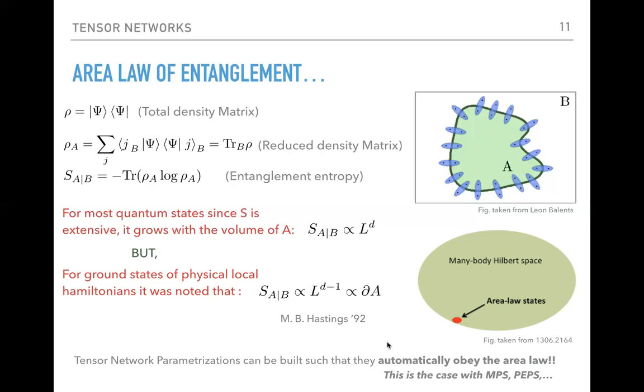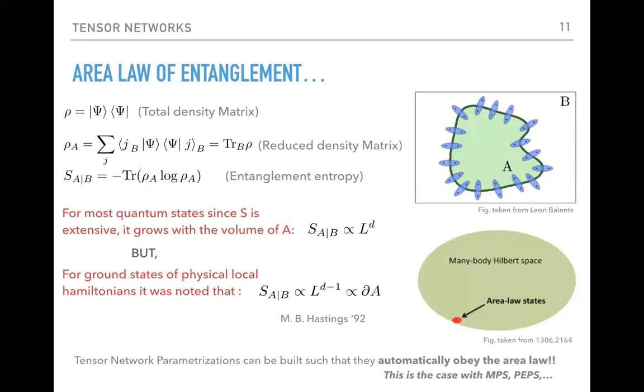If you did a calculation estimating how long it would take to reach every state in the Hilbert space, you would see that if you start with a very low entangled state, it would take an exponential amount of time to visit every state in the full Hilbert space. So most of these states are actually not relevant and not even accessible from an experimental point of view, if you want.